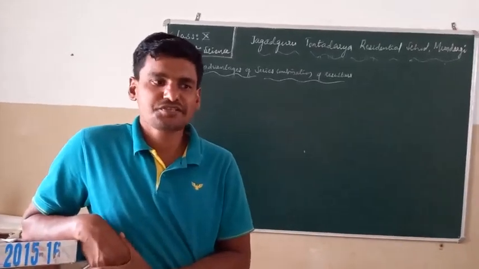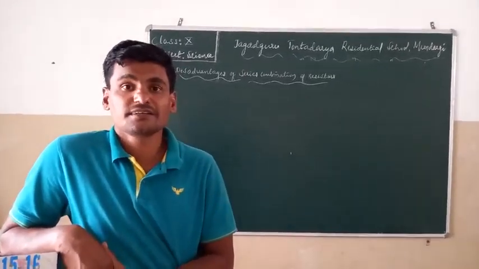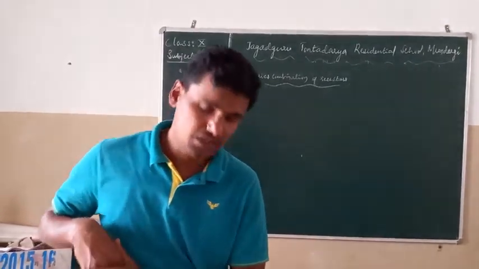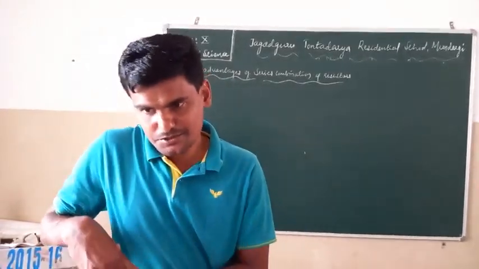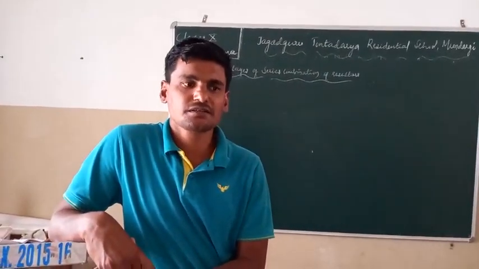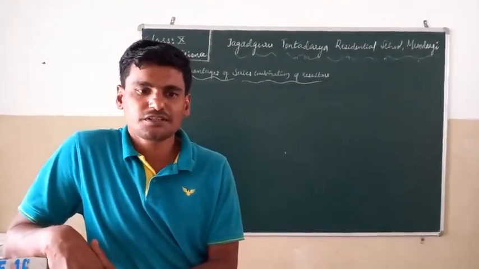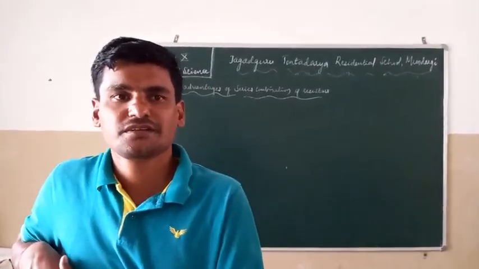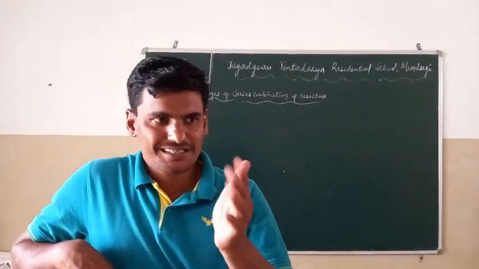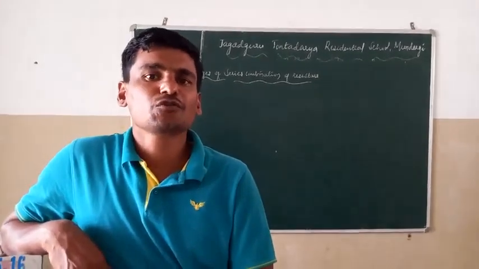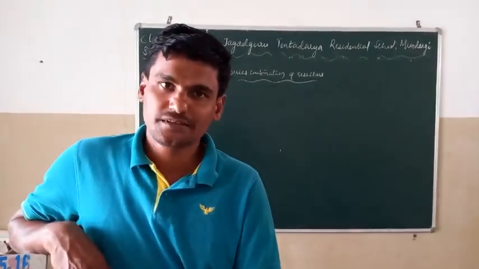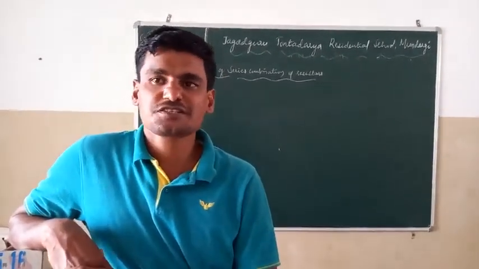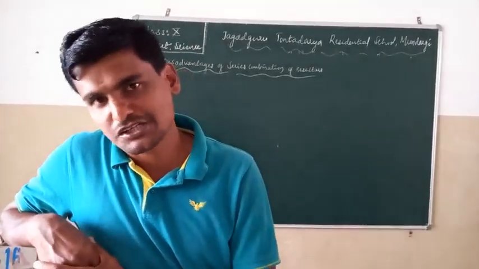So last class we have already studied how to calculate the effective resistance if the resistors are connected in series or parallel combinations. We all know that in case of series combinations the same amount of current is flowing across all the resistors, or in general you can say that there is a single path for the flow of electric current. But in case of parallel combinations, the total potential difference is always equal to the applied potential difference.